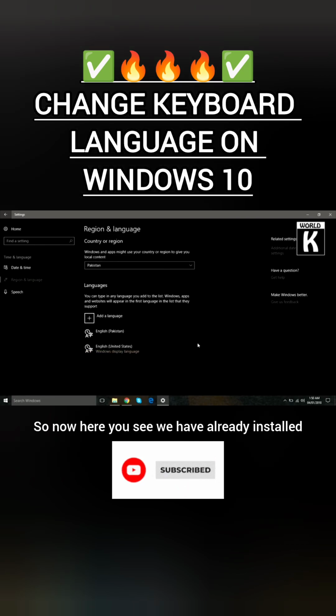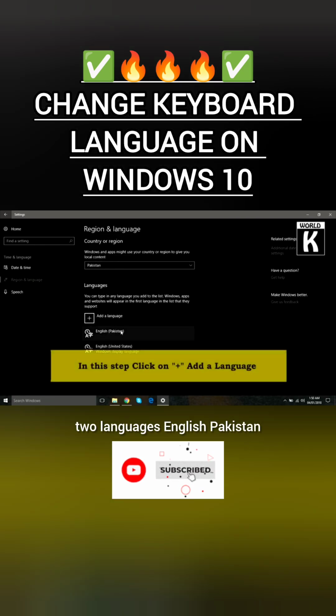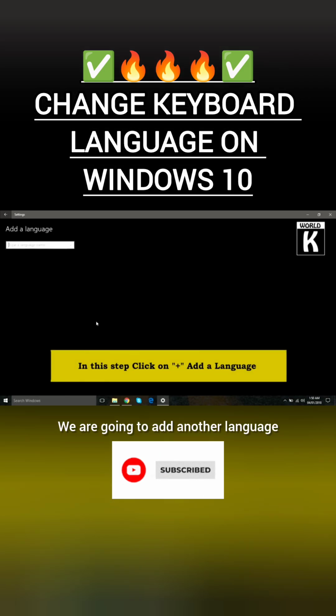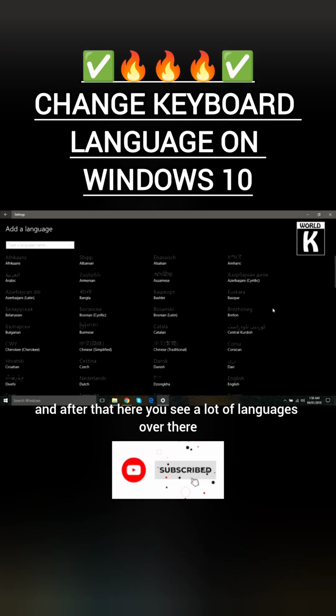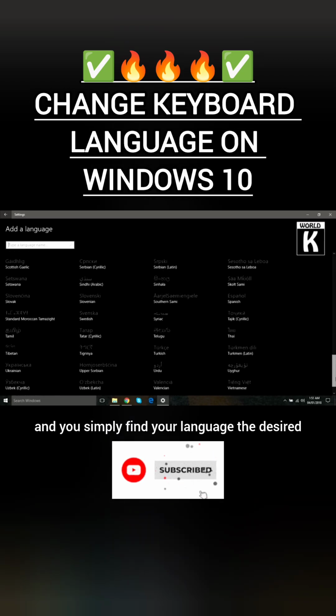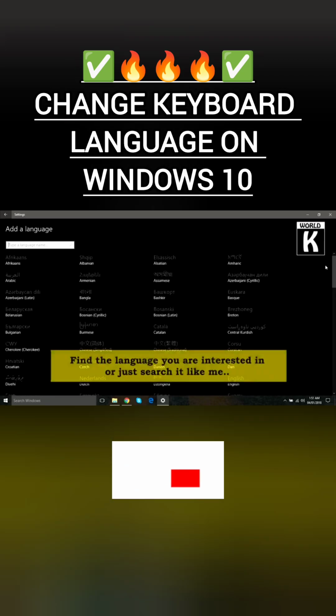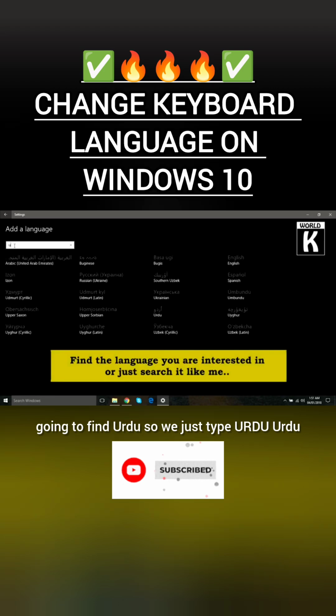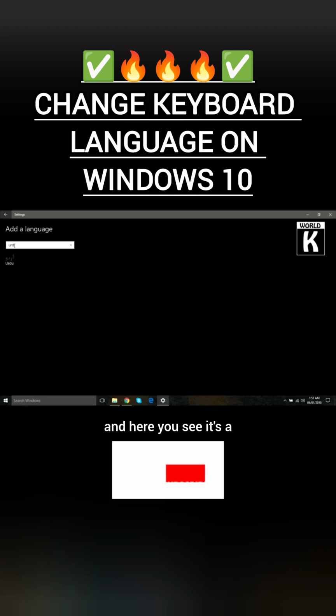Now here you see we have already installed two languages, English Pakistan and English United States. We are going to add another language. Just click on add a language, and after that you see a lot of languages over there. You simply find the desired language that you wish to add, or you can simply search over there. We are going to find Urdu, so we just type Urdu,